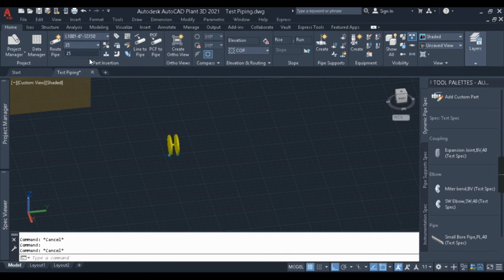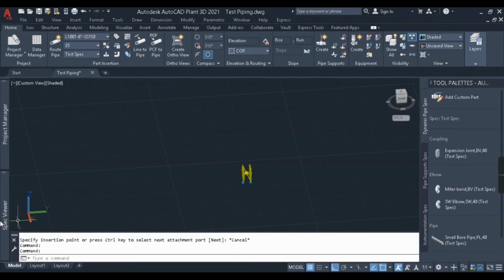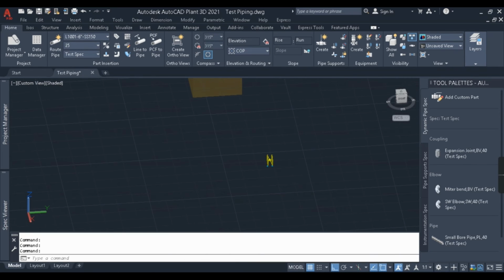I think we don't have the 4 inch pipe size in our spec. I should have modeled at 1 inch spec. Not only the pipe, you can see here we don't have the flange as well. Remember that before creating any spec and using it in your model, you have to make sure that all the items in the spec list which you have are created in your database. So let me now